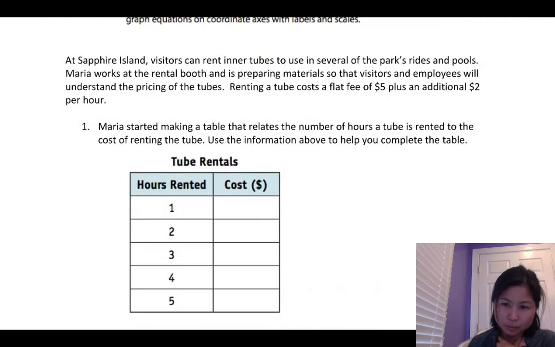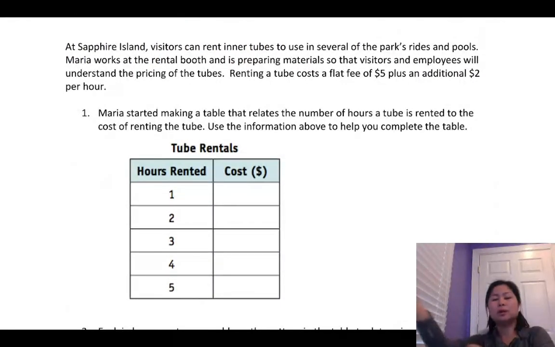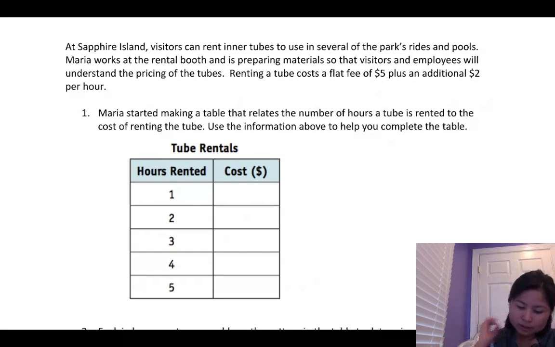For this problem, it's kind of small, so you can make the screen on the bottom under your picture bigger. You can zoom or make it full screen. At this island, visitors get to rent inner tubes to use several times in the park, river and pool. Maria works at the rental booth and prepares materials so that visitors and employees will understand the price of the tube. So here's the key information: renting a tube costs a flat fee of $5 and an additional $2